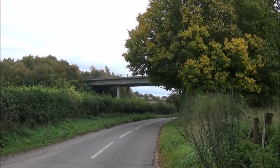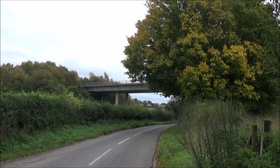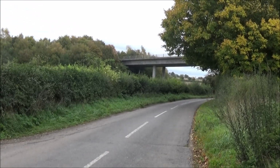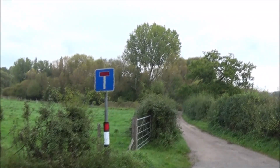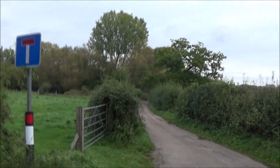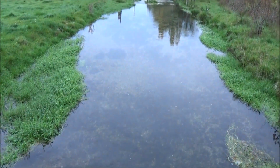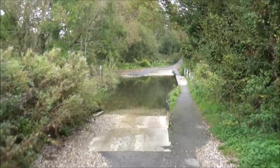And the flyover there is the Alresford bypass, which was built, I think, back in the 70s, if my memory serves me correctly. But anyway, being careful not to get run over, we cross over this lane down the dead end road, which is our footpath, and ahead we have a lovely deep ford,